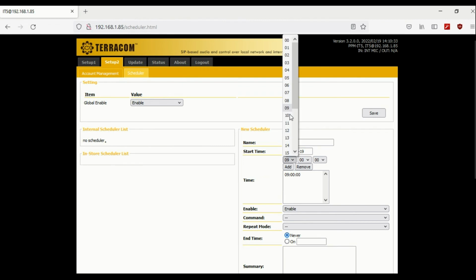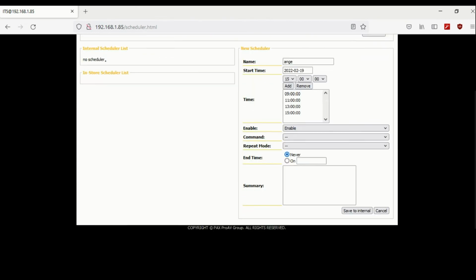Let's add another time for 11. And let's add another time for 1 o'clock. And one final time, 3 o'clock. So we've got, in the daily occurrence, we're going to play the same message. It's enabled. The command